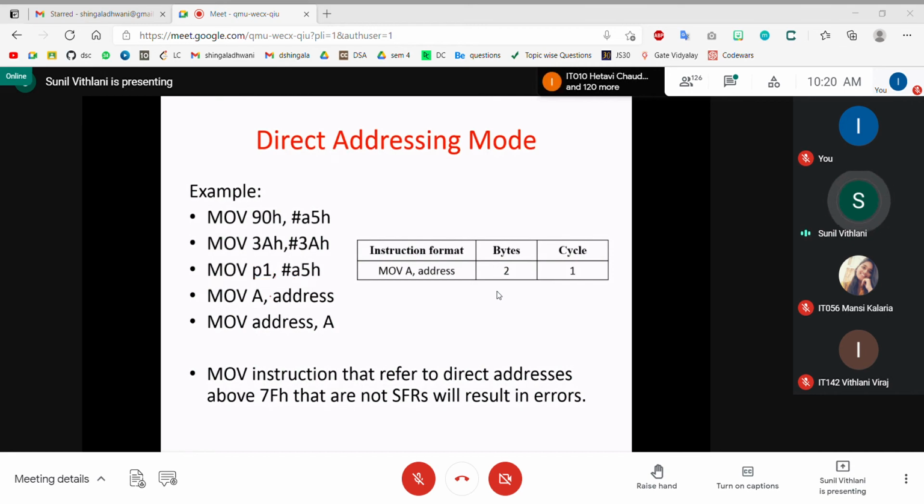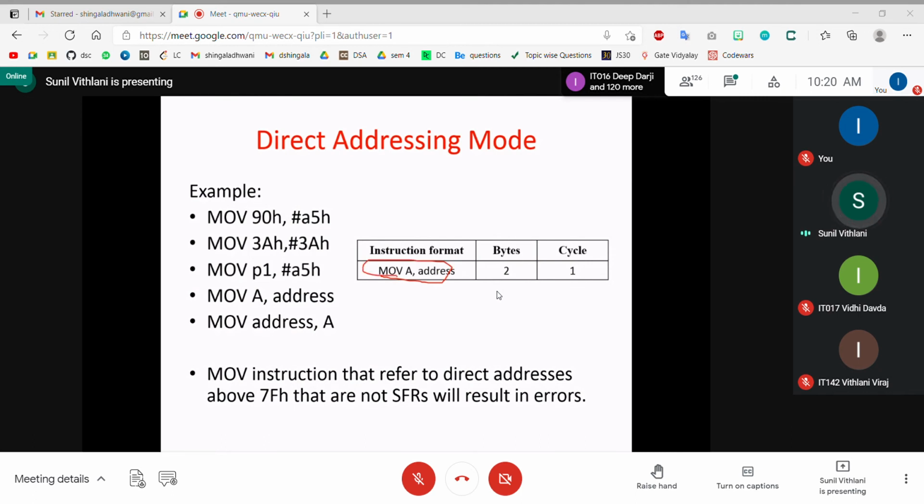So यहाँ पे हम address भी transfer कर सकते हैं. So we can write the address like this also. So in direct addressing mode, generally we can transfer. अगर आपको address transfer करना है तो आप address यहाँ पे transfer कर सकते हो. So it will be in register A, and same way over here move address A. So move instruction,